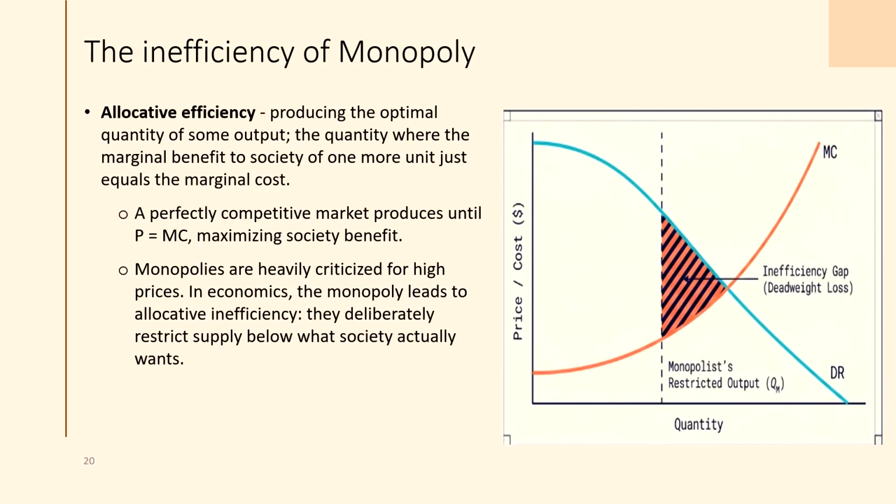Now let's discuss efficiency. Allocative efficiency occurs when society receives the optimal quantity of output, where price equals marginal cost. Perfect competition produces at this level, but monopoly restricts output and charges a higher price. Because of this, monopoly creates allocative inefficiency. Consumers buy less than the socially optimal quantity. Society loses some potential benefit. This is one of the main